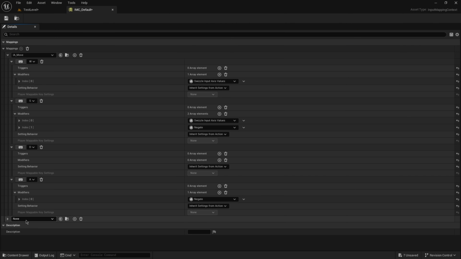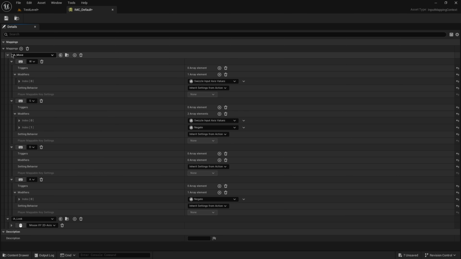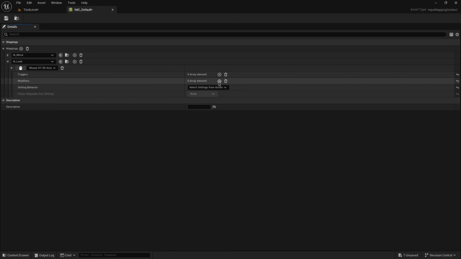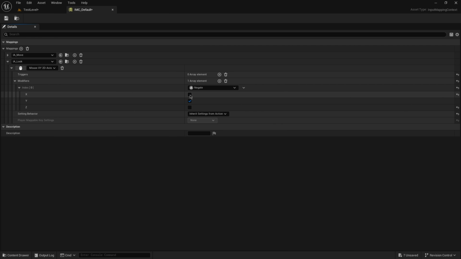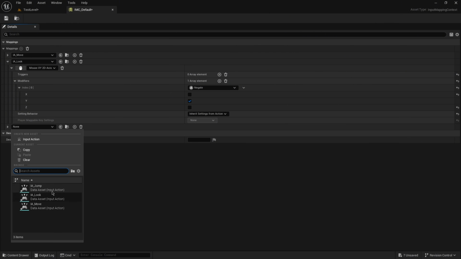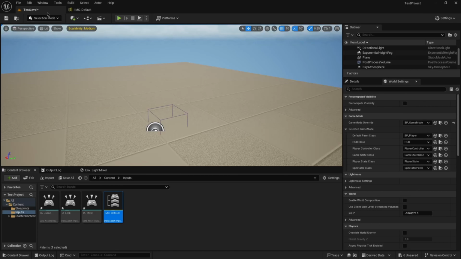Add another mapping, search up IA look, open that, search up mouse XY 2D axis, go into it, select negate, open that, uncheck X and Z. Now let's add IA jump and search up spacebar and save. Let's go back,